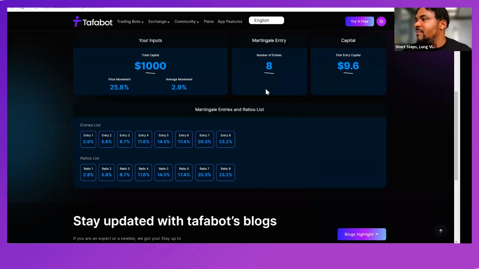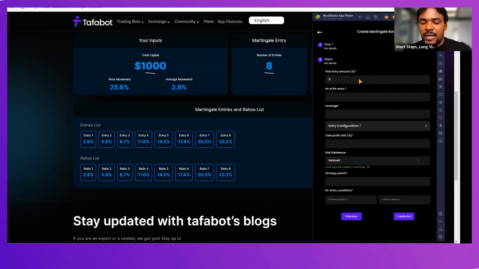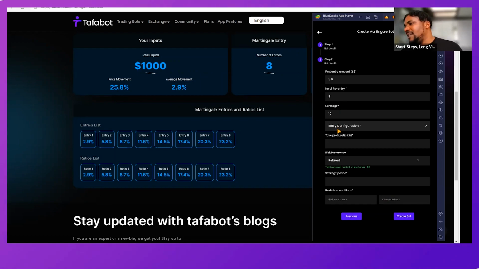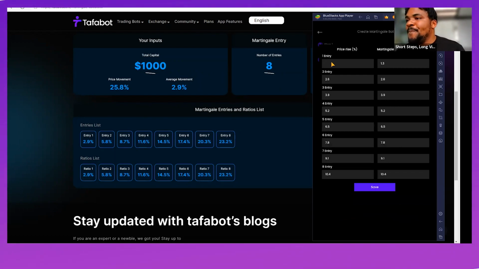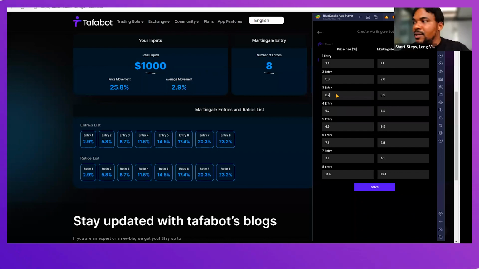So we have the first entry amount over here, 9.6. So I'm going to go for 9.6 and number of entries just 8. That's super interesting. And I'm going to go for a leverage of 10. BNB is not so volatile, so that's fine for me. And over here, I'm looking at 2.9. I'm looking at 5.8. Then I'm looking at 8.7. And then I'm looking at 11.6,